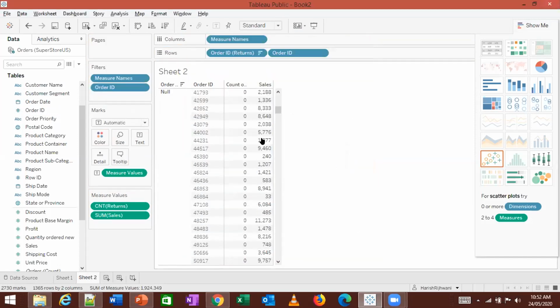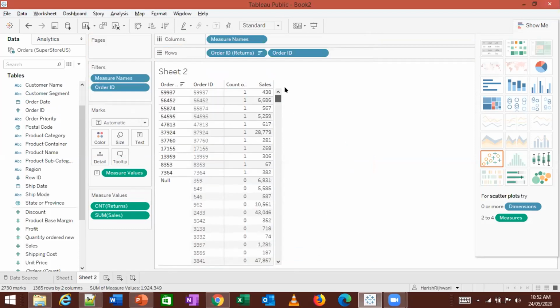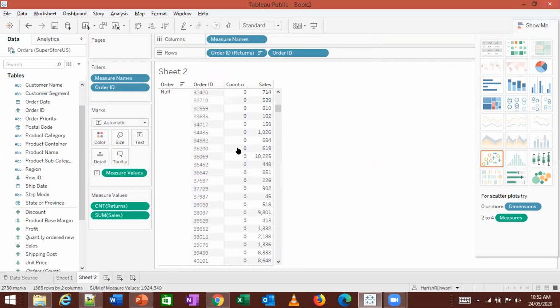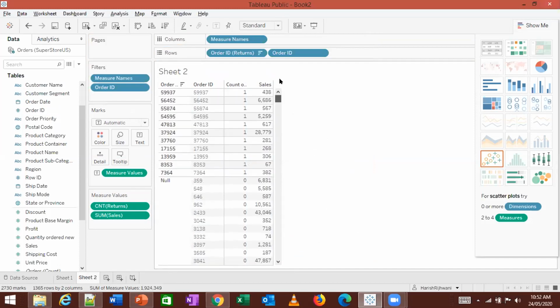So I get only those records over here at the top, at least, which are matching.